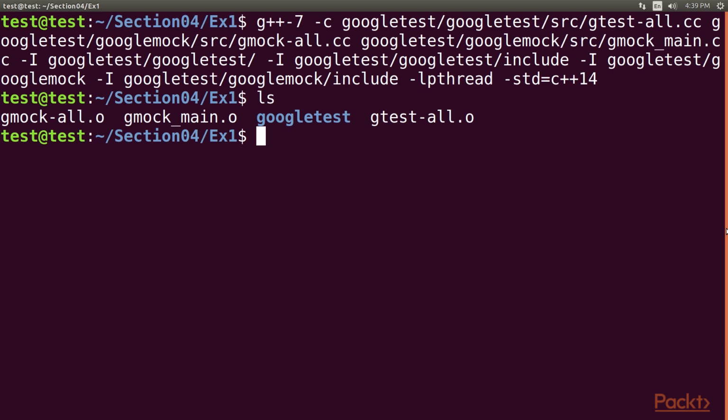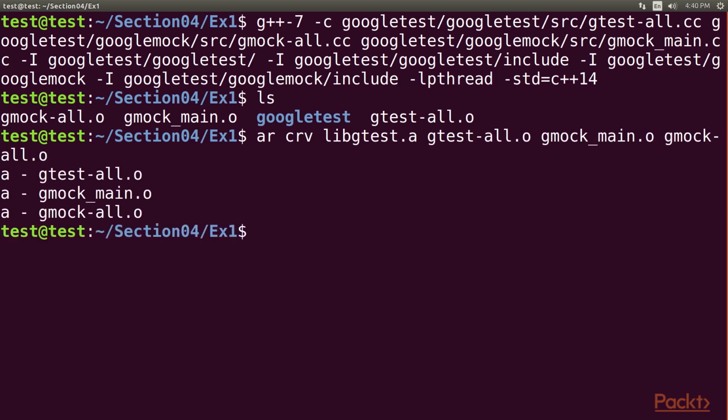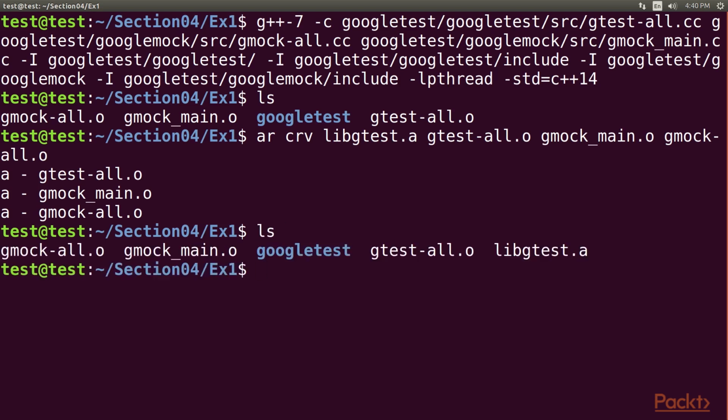As the Google test framework makes use of multiple threads, it is mandatory to link the pthread library as part of our static library. The archive command helps combine all the object files into a single static library. Next, type the ls command. If all goes well, your folder should have the brand new library gtest.a static library. In this video, we learned about Google Test Framework,